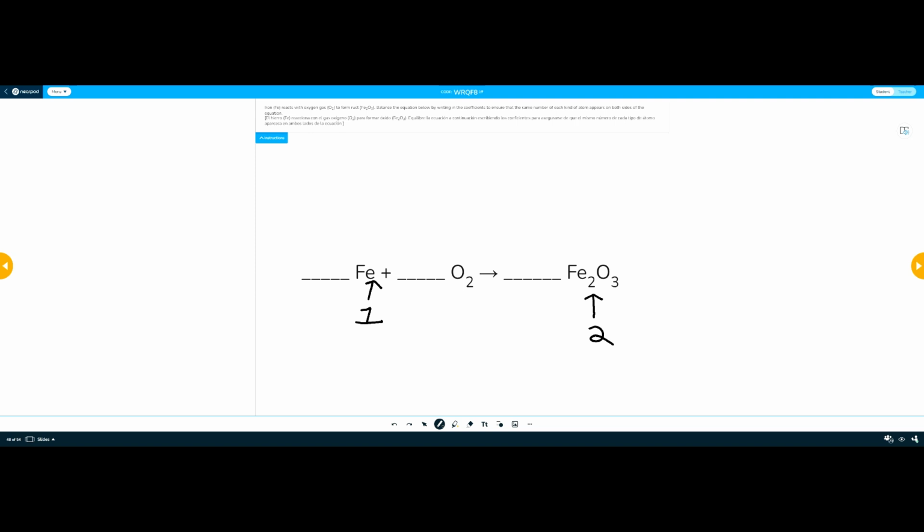So the question is, 1 times some number is equal to 2. What is that number? Hopefully you can quickly see the answer is 2. Let's go ahead and draw or type the number 2 next to the Fe on the left. Okay, now I'm going to erase my work for this one because I want to pay attention to the oxygen now.